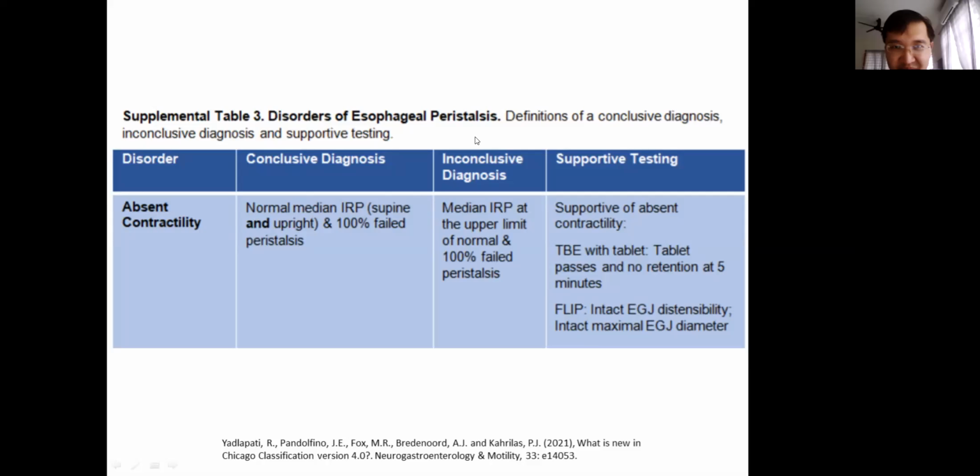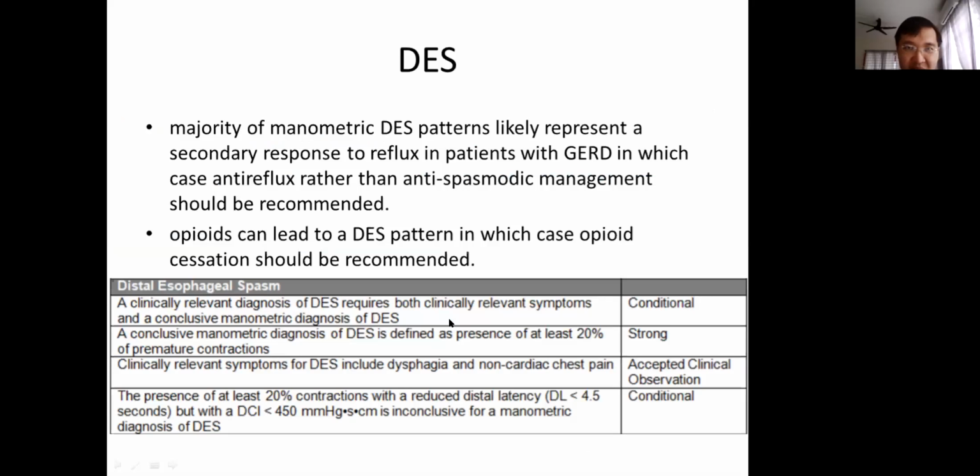All right. So you need to rule out achalasia with a barium swallow or timed barium esophagogram and endoFLIP, right, if it's available. Okay. So now coming to the next diagnosis, which is distal esophageal spasm. So the criteria is still the same, right? Less than 4.5-second distal latency. The only thing is that here you have